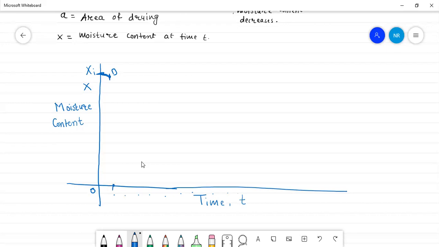Now what will happen? Now the solid will attain the temperature, and now mass transfer will take place. The mass will transfer from the solid toward the hot gas, where first the moisture decreases from the surface of the solid. It's not from inside the solid, but from the surface of the solid. So it means a constant rate of drying occurs from the solid surface. So initially we have a graph.